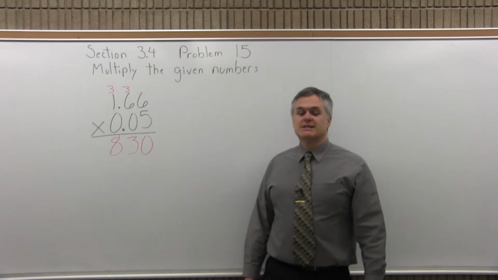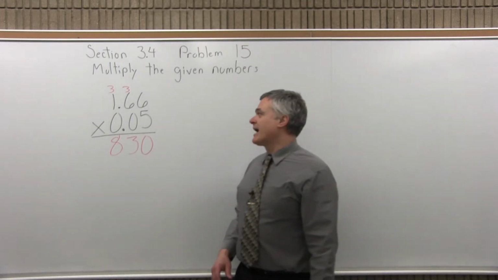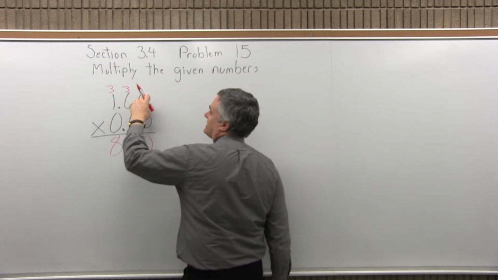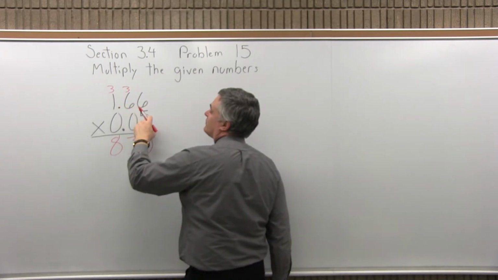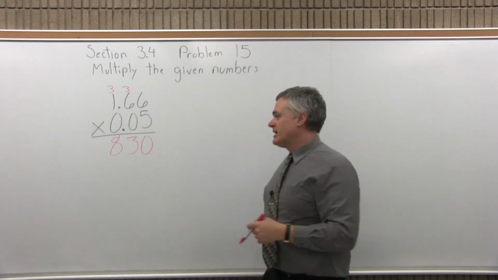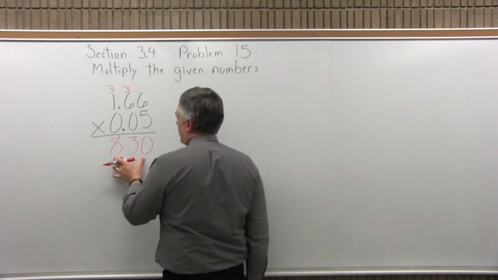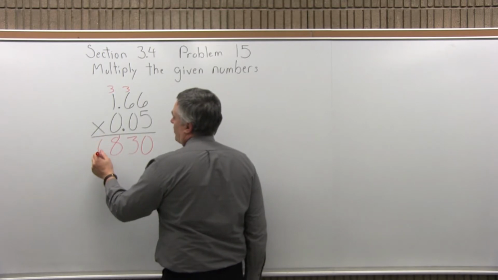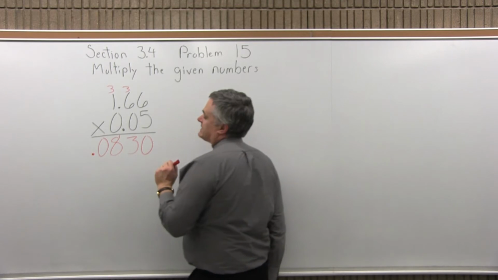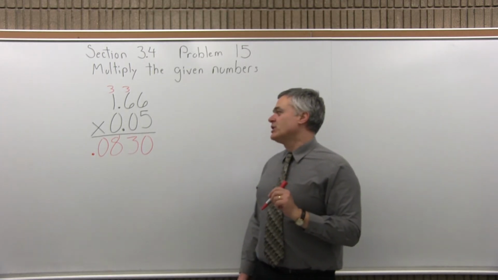Now I can put the decimals back. So how many places after the decimal are in the question? 1, 2, 3, 4. I have to have 4 places after the decimal in my answer. Well, I only have 3 digits showing, so I have to put in one more 0 to the left of the 8 so that I can have 4 places after the decimal. That 830 turns into